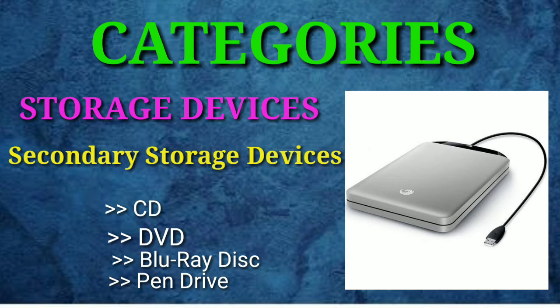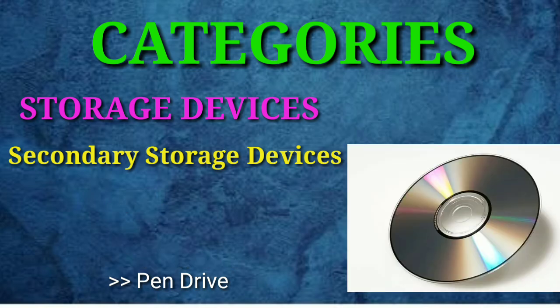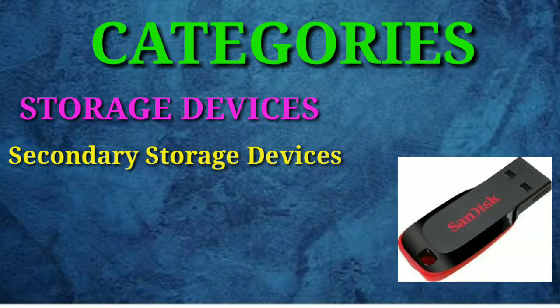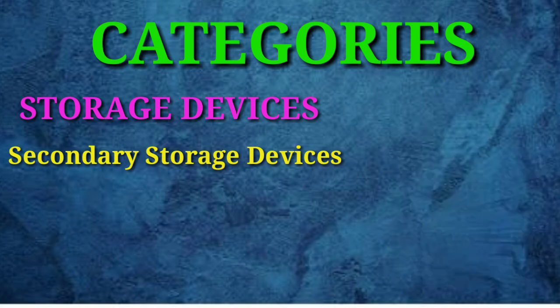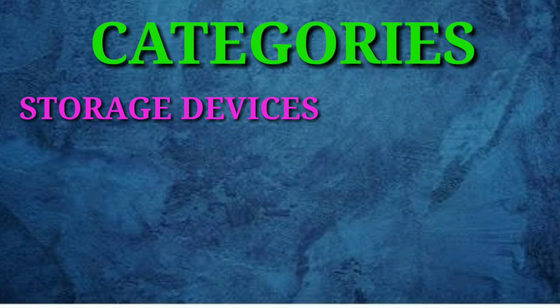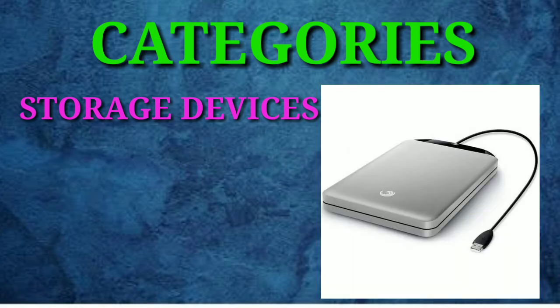The first storage device is the external hard disk. An external hard disk is an electromechanical data storage device that uses magnetic storage to store and retrieve digital data using one or more rigid, rapidly rotating platters coated with a magnetic material. The platters are paired with magnetic heads, usually arranged on a moving actuator arm, which read and write data to the platter surface. Data is accessed in a random access manner, meaning that individual blocks of data can be stored or retrieved in any order.